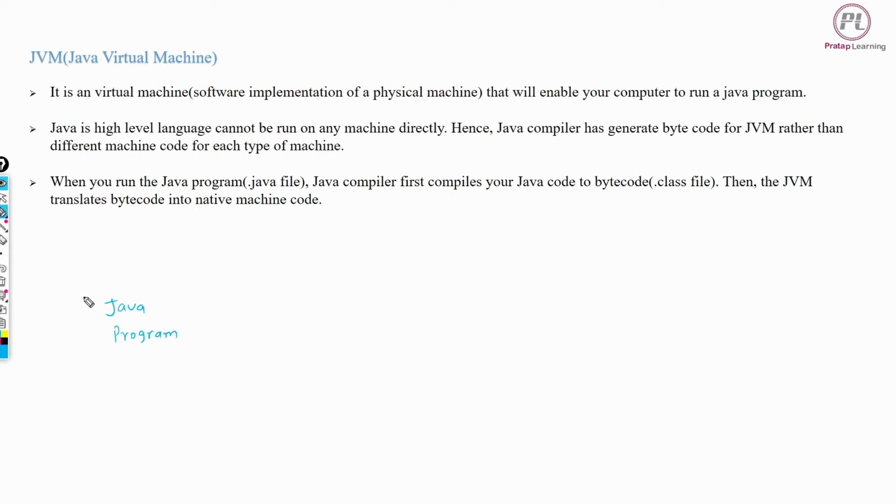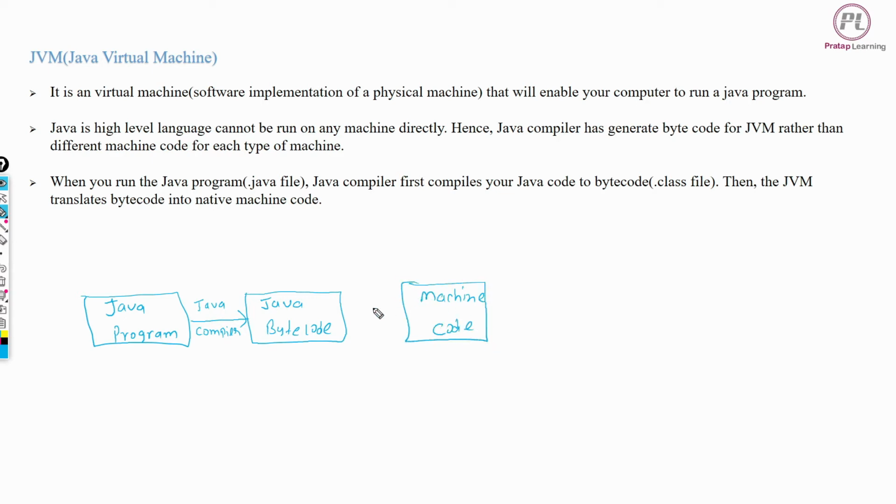When we run a Java program, .java files are compiled by the Java compiler and translated into the bytecode. That bytecode is read by JVM and translated into the machine code. And the machine will display the output of the Java program.